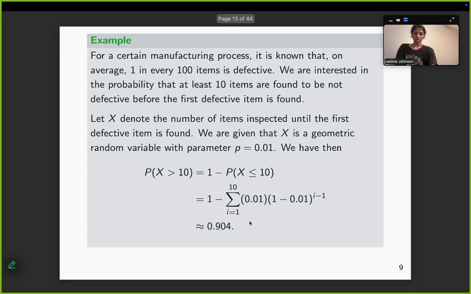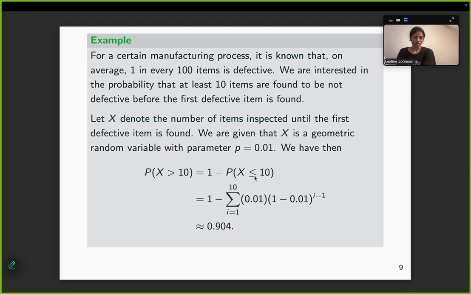So here, the trial where our first success occurs, we want to find at least 10 items, so we can do our summation from i equals 1 to i equals 10. So we're trying to solve for the probability that our first success occurs before or equal to 10. So x would be equal to 10, and then we're going from 1 to x to calculate the probability of